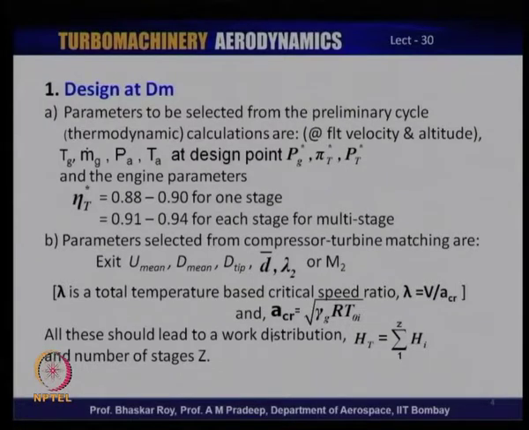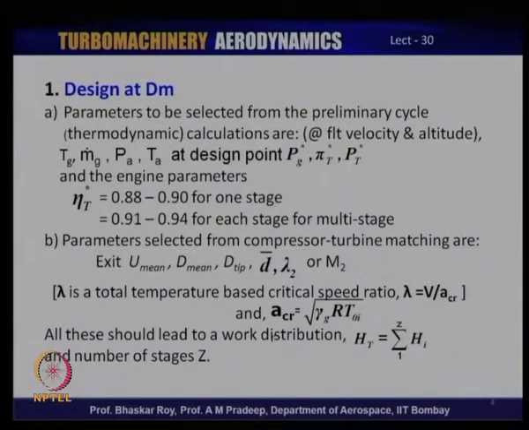The parameters that are selected for compressor turbine matching, these are normally the mean blade velocity u, the mean diameter, the tip diameter, the hub to tip ratio of the diameters d bar, and two parameters, the Mach number at the exit of the stator of the particular stage being designed, or an equivalent lambda 2, which is actually a critical speed ratio. Lambda is equal to V by A critical,